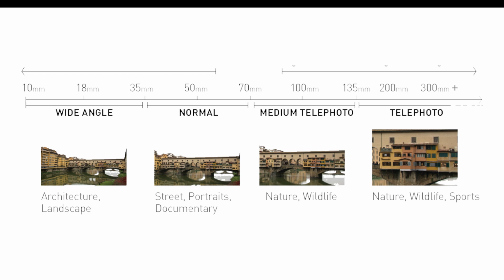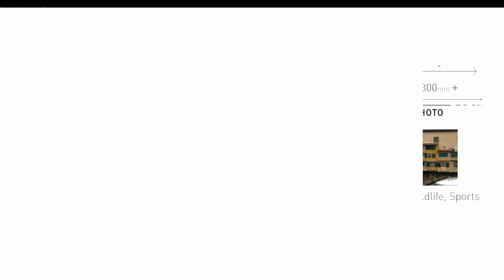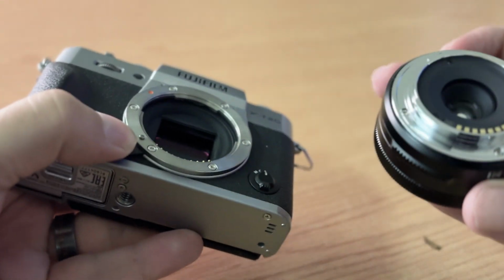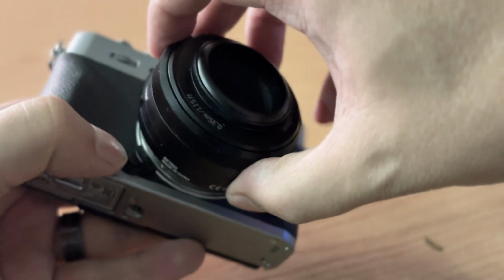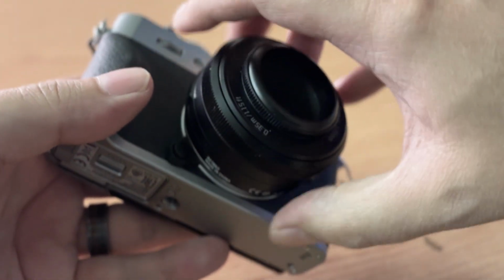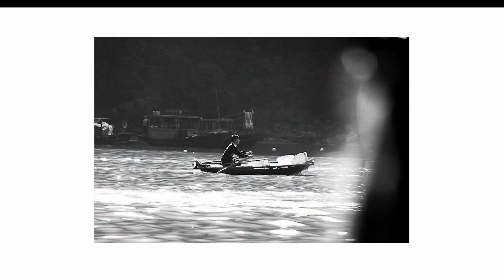So this is basically when you look through the lens and you can almost see what the eye sees. That's 35 millimeters or 50 millimeters, depending on the sensor size. So it gives you a normal focal length, and that's, like I said, how your human eye would see the specific frame. The lenses provide a very natural look, so there won't be any distortion or disfiguring of your subjects,